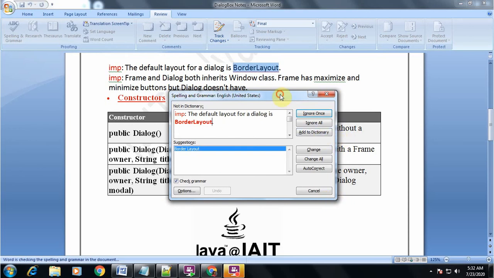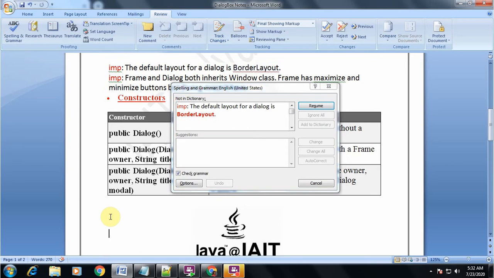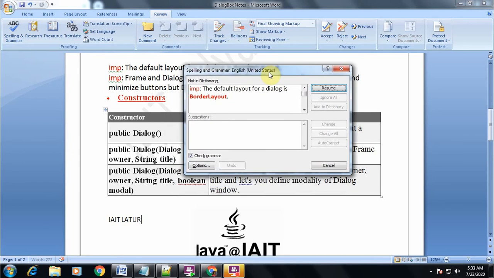Now when this dialog box is active and I click outside the dialog box, that is, on this Microsoft Word application, and then I want to write something, this is what I have written here. That means even though this dialog box is active, I can work with the other parts of the application displayed in the window.